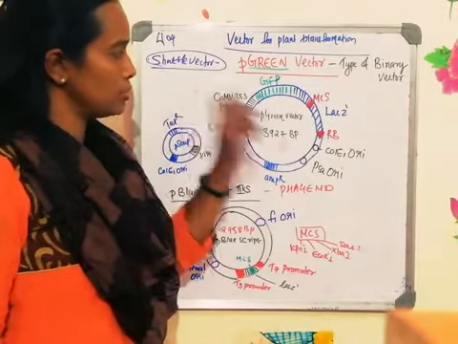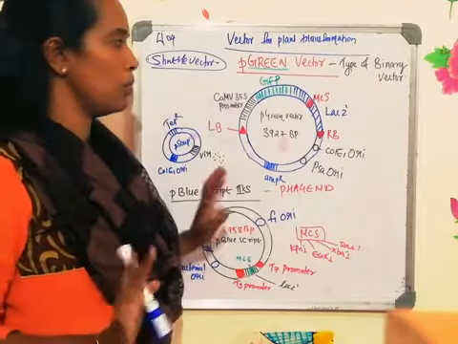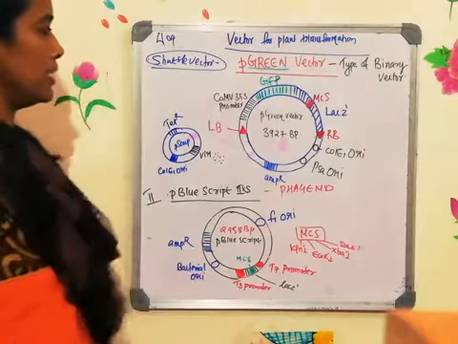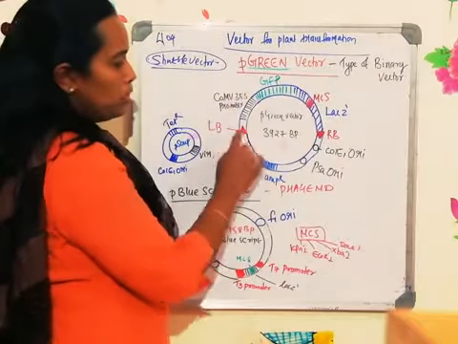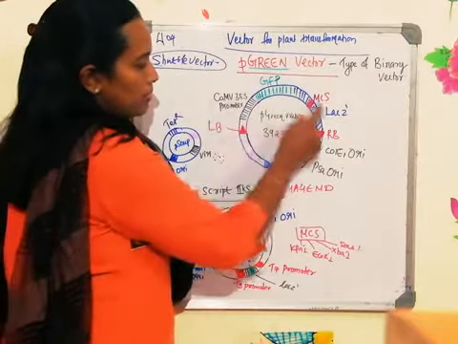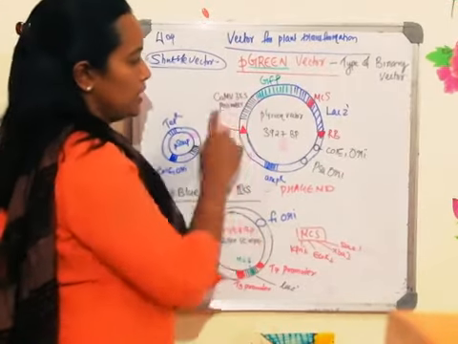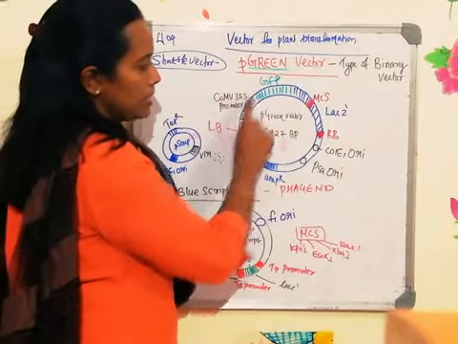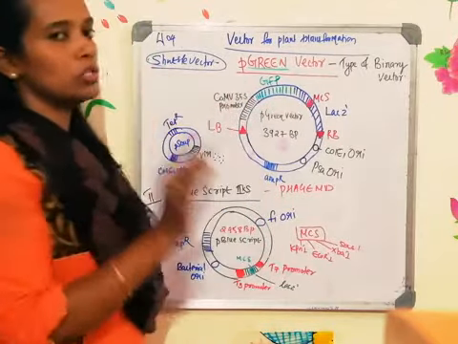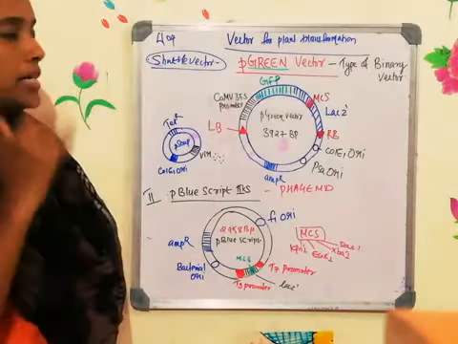When the DNA is moving, the entire plasmid is not moving. All of you know all these things, I am just telling you. The entire plasmid won't be moving. Only the portion between the left and right border will move to the plant cell. So the DNA between the left and right border plays a major role, because that is the only region which enters there.